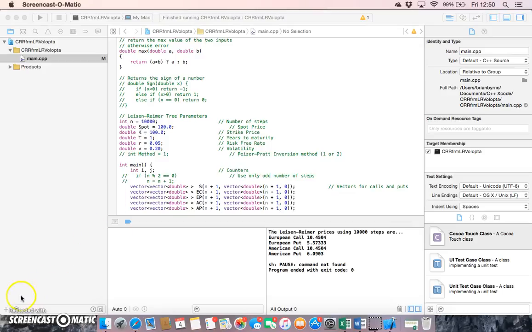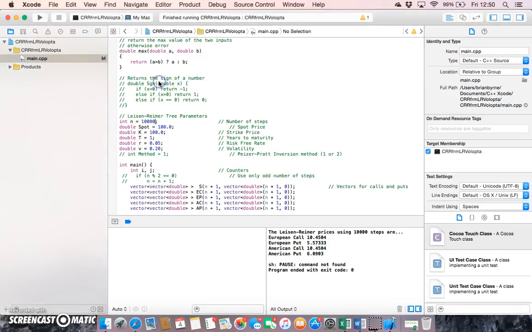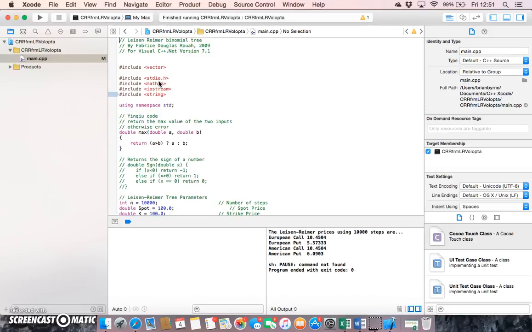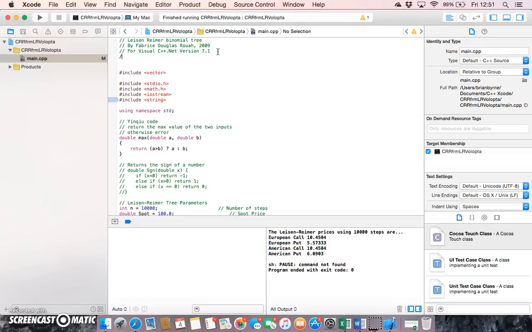Okay, so that's Cox Ross Rubinstein generated using code from Volopta, right? And we've adopted Fabrice's Leisen Reimer code to set up a Cox Ross Rubinstein tree, which is a little bit less efficient. Okay,